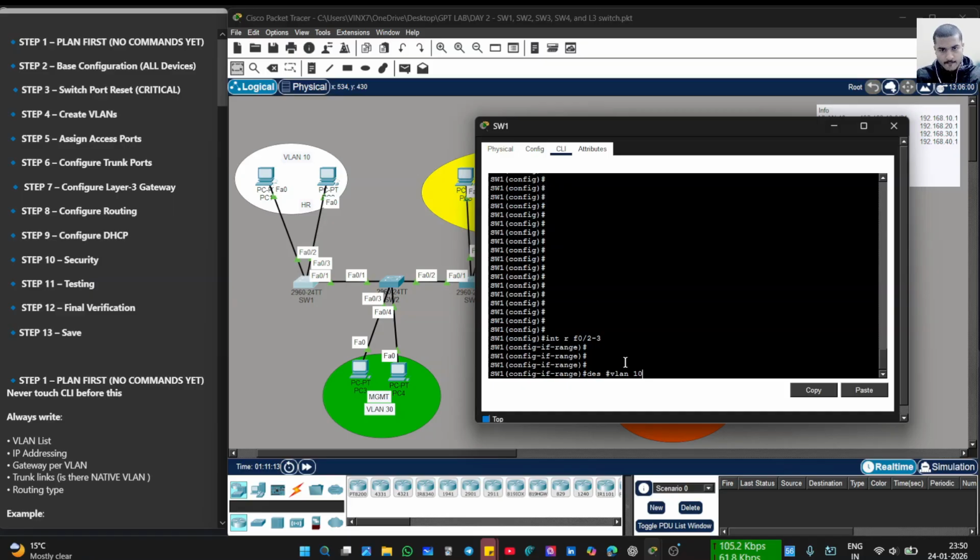Okay. VLAN 10 with the f0/2-3. Yep, this is all set. Now we can continue with the